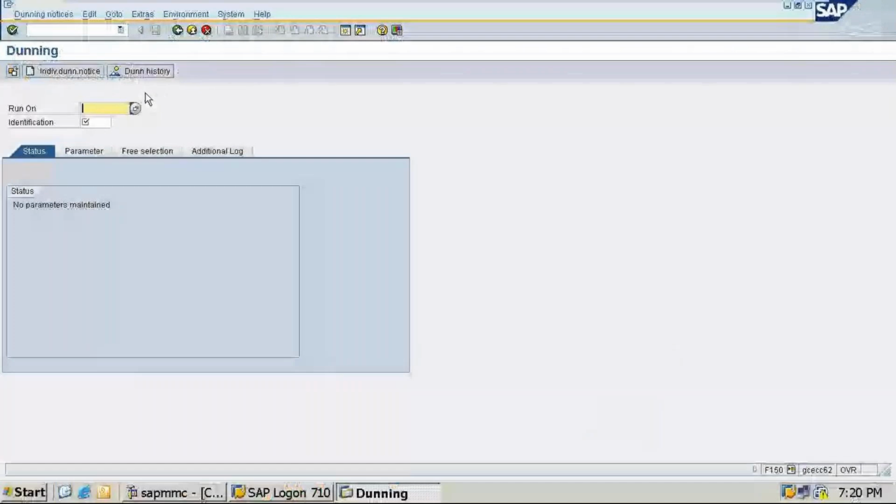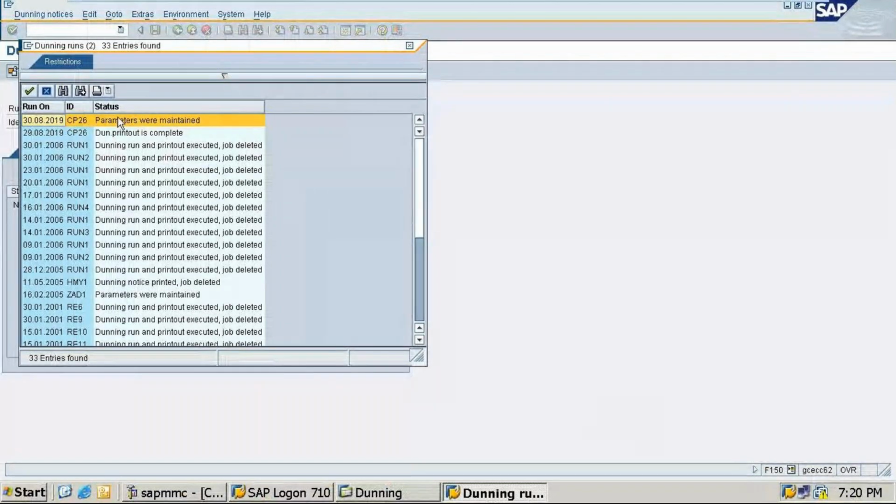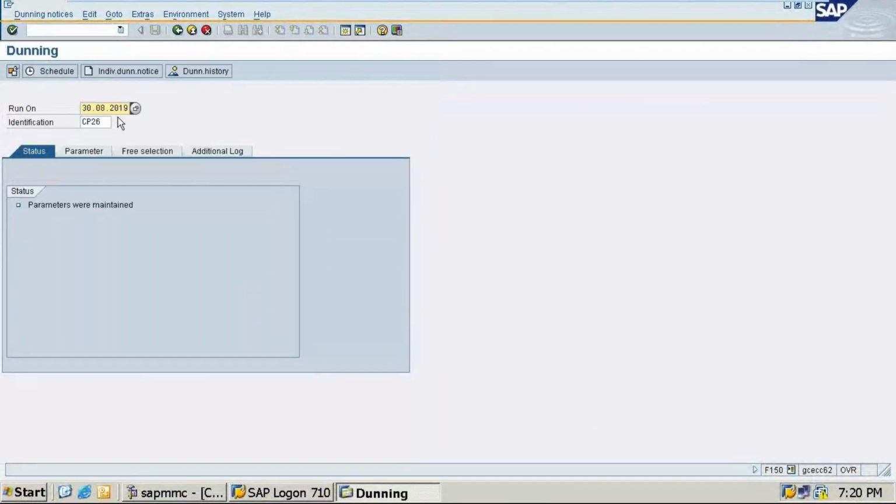So run on which date? Parameters were maintained. So here change the date, students. Today's date is like 7th dot 1 dot 2025.